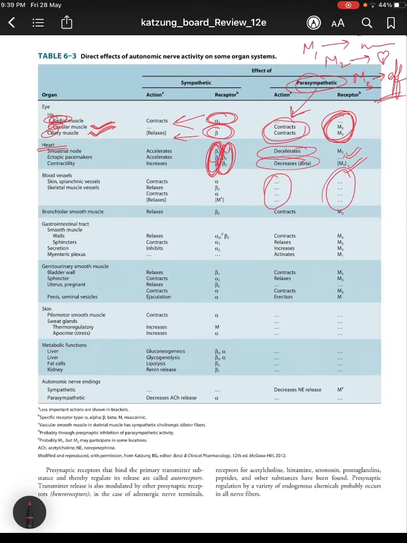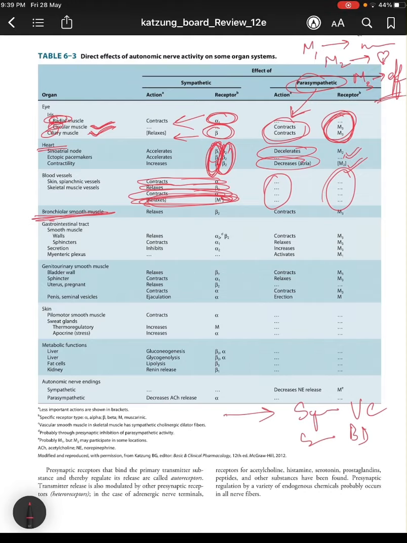So coming to the sympathetic innervation, basically alpha causes contraction, beta causes relaxation, and again alpha causes contraction, and muscarinic receptors cause relaxation, but they are again cholinergic muscarinic receptors. Next, coming to bronchiolar smooth muscle, you need to remember something: sympathetic vasoconstriction, sympathetic bronchodilation. Similarly, the exact opposite holds true: parasympathetic vasodilation, parasympathetic bronchoconstriction. Okay, so bronchoconstriction is what happens in the case of parasympathetics.